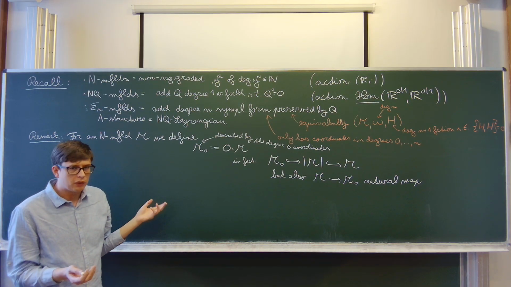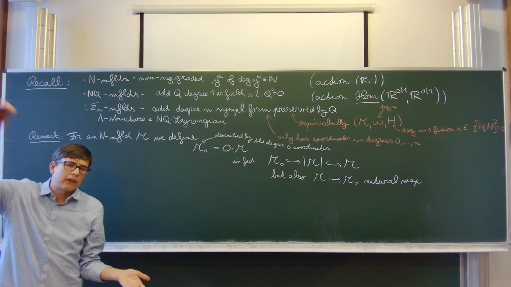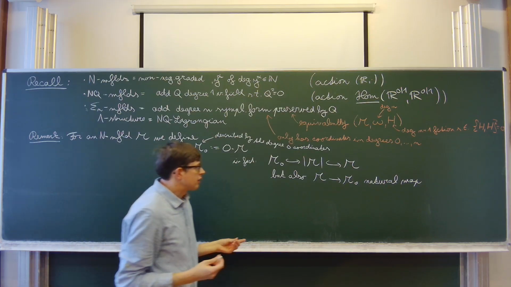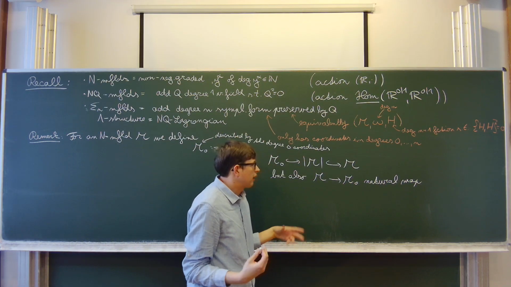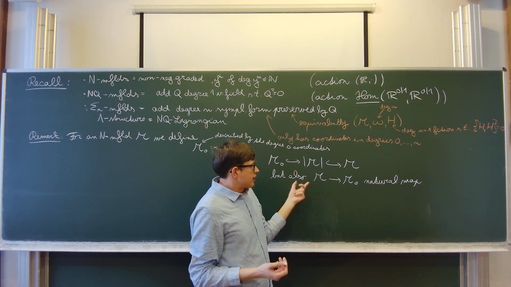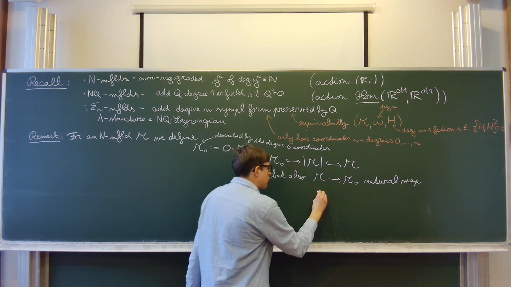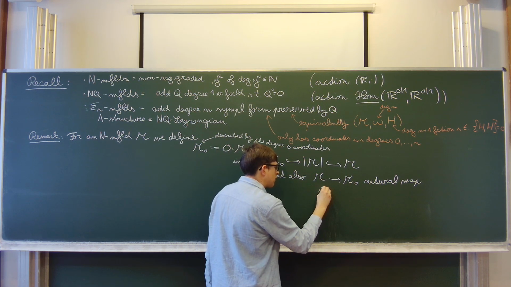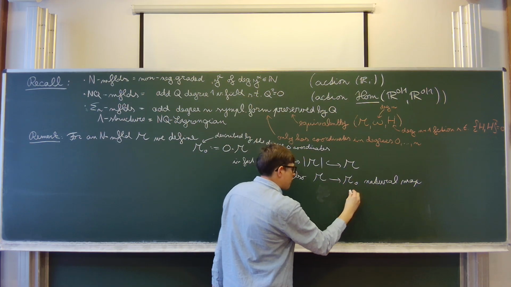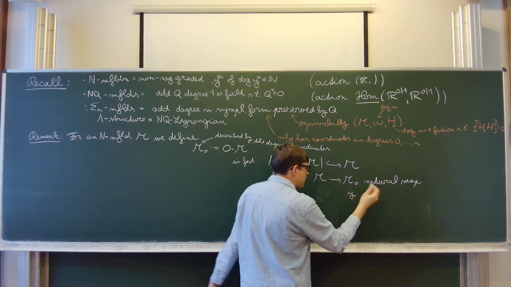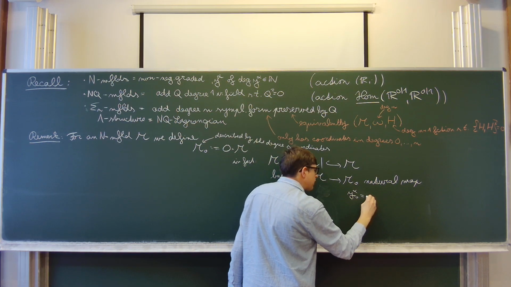So the fact that the grading goes in one direction allows you to say unambiguously what this map is. So this thing should have degree 0 coordinates, if you pick some coordinates. Okay, so you can say that the degree 0 coordinates are the ones,